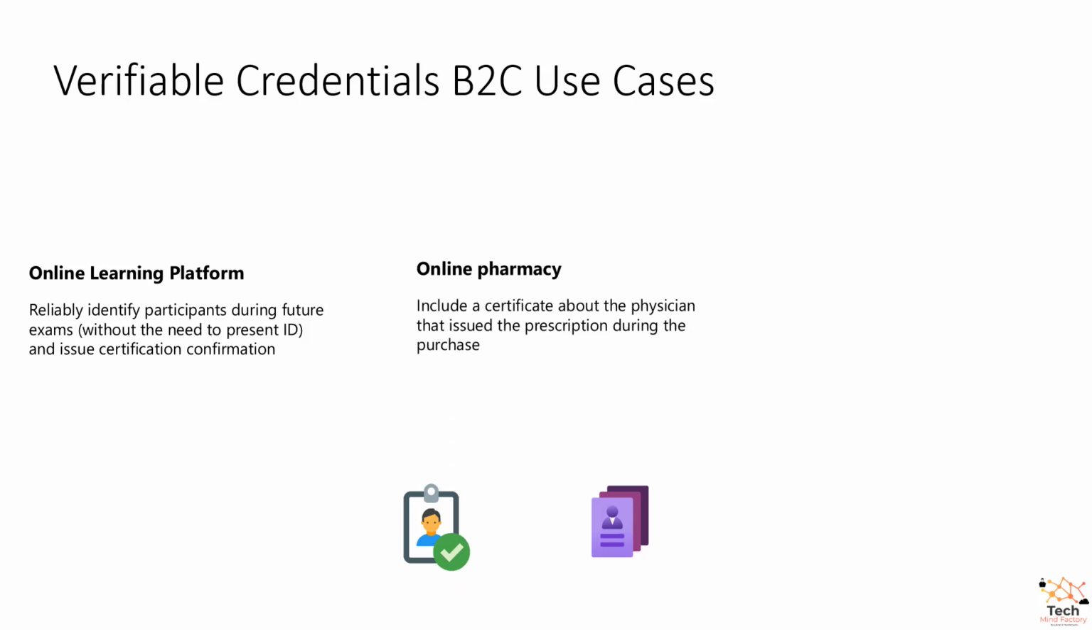Another example where verifiable credentials can be used is online pharmacy. So in this case, we can include a certificate about the physician that issued the prescription during the purchase. So this is the example I mentioned before in this video, where, for instance, you can either verify physician identity